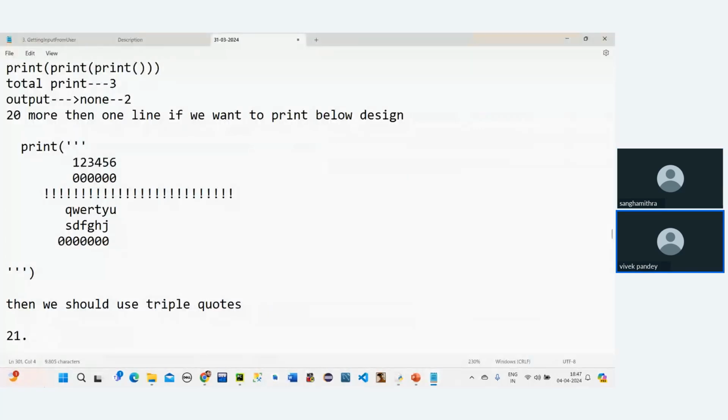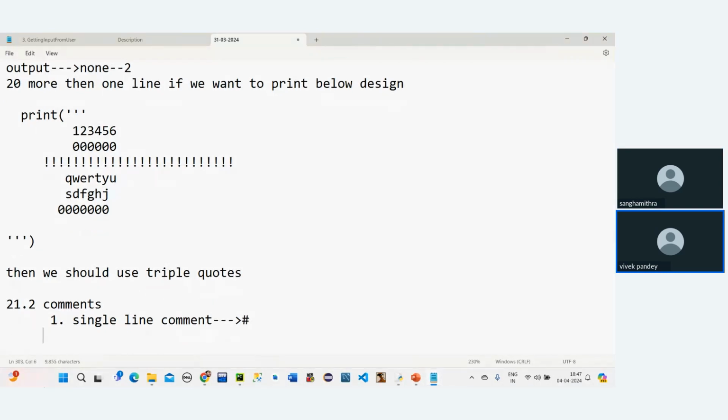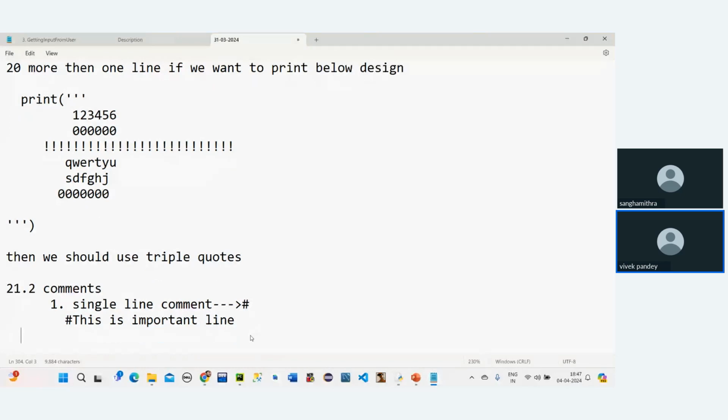So let's see here, we have two types of comments. One is single line comment. Single line comment is represented by what? Hash. Example is this line is important, मतलब ये print नहीं होता, it will not get printed. ये user के लिए है, if someone is working on the Python he will understand that okay this line is for this. और एक है multiple